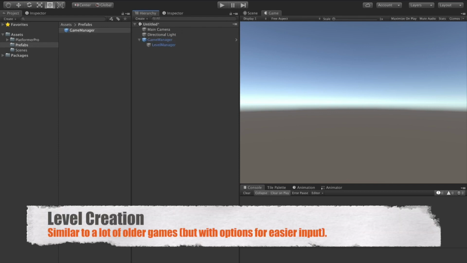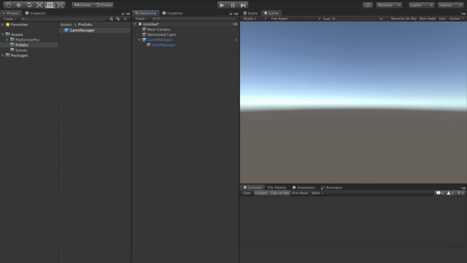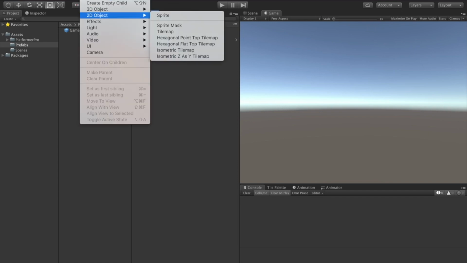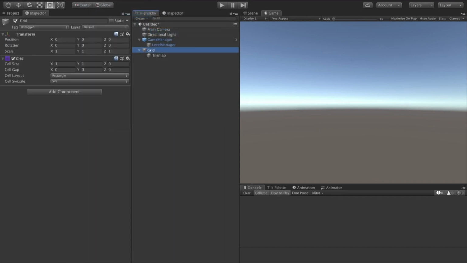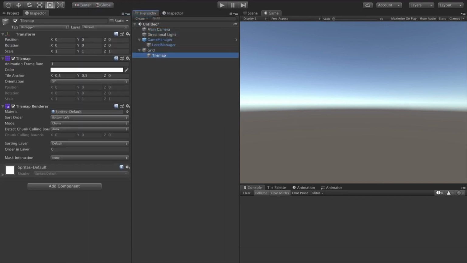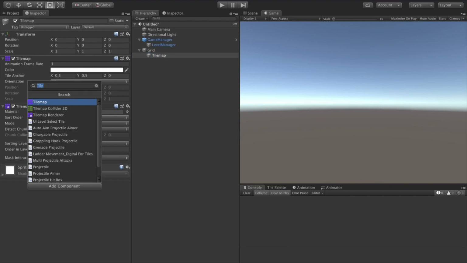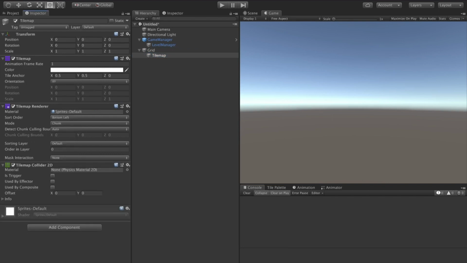Let's create a very simple level before we create our character. We're going to use a 2D tile map. Expand the grid, go to the tile map component, and let's add a 2D collider for the tile map.